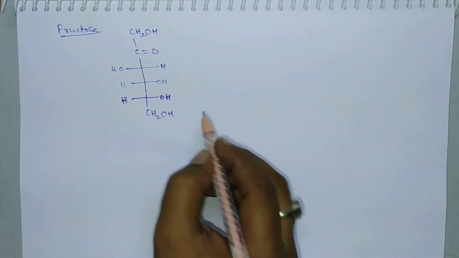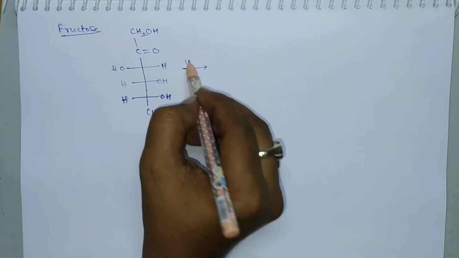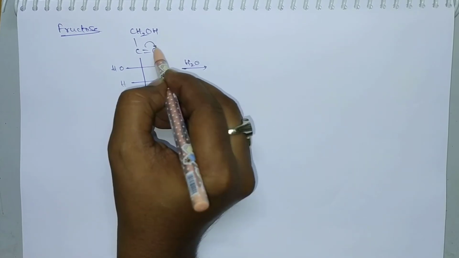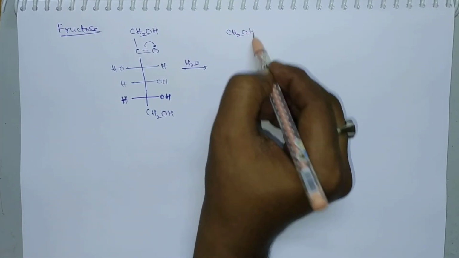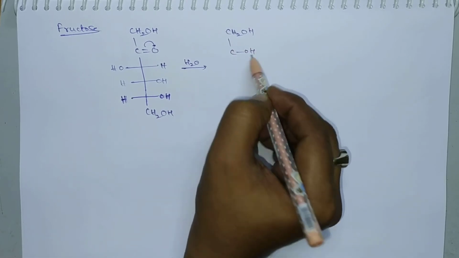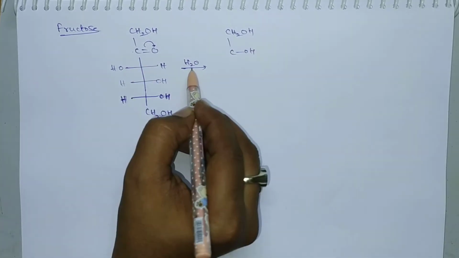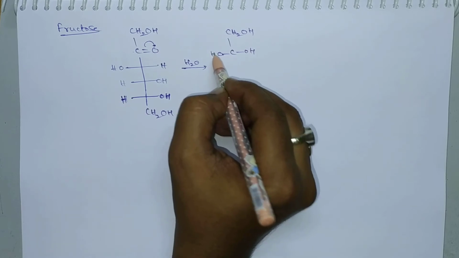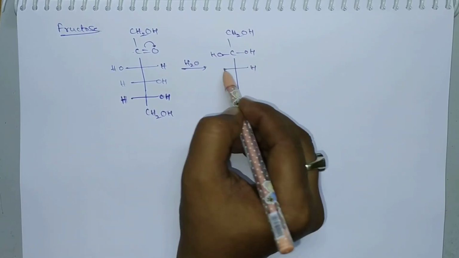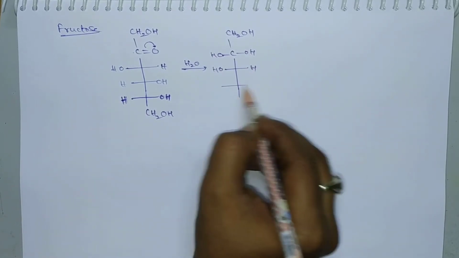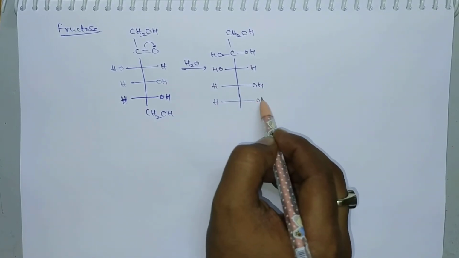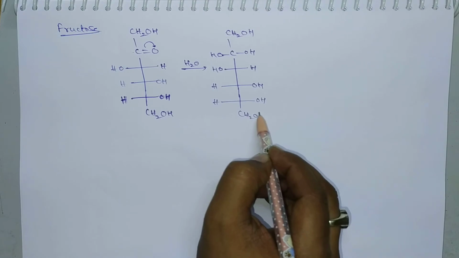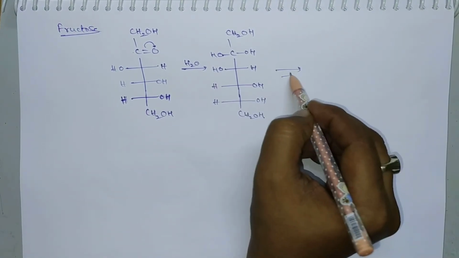Okay, so now we have to add water here. Simply by adding water, these two electrons are polarized, it becomes OH and COH. See here, this carbon carries this OH, OH, H and OH, like this. So now we have to remove the added water from